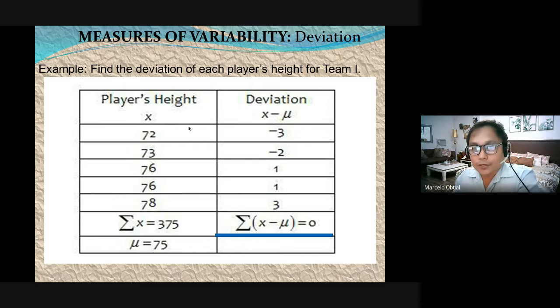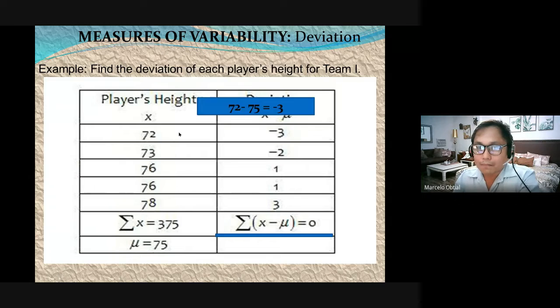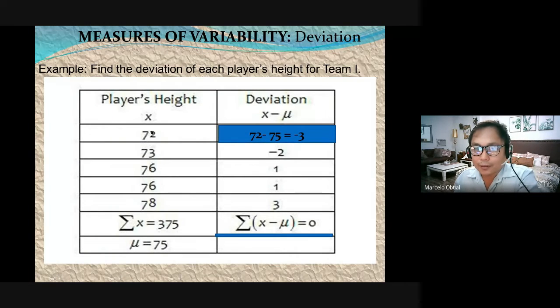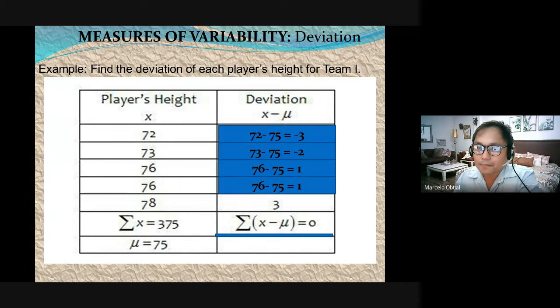Again, to solve for the deviation, kasi kailangan ng deviation dun sa formula later. Kunin mo natin yung average. The average is 75. So to get the deviation, deduct that always from each of the datum here. To get -3, 72, which is the datum here, minus the average. 73 minus 75, 76 minus 75, the same. And last is 78 minus 75. Just get the difference. So fix nito lahat, always ang subtrahend dito class should be your average.